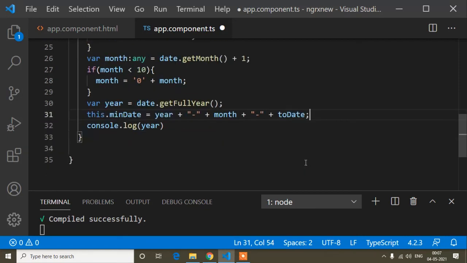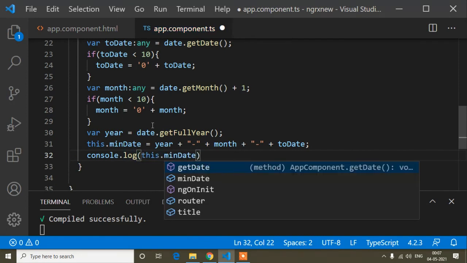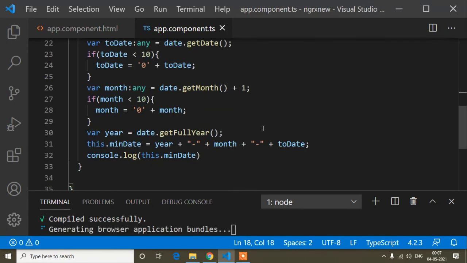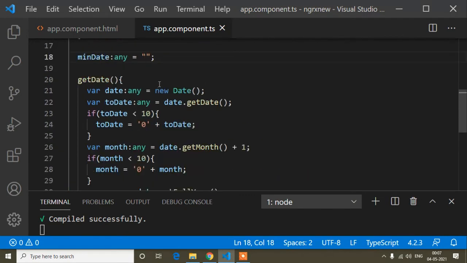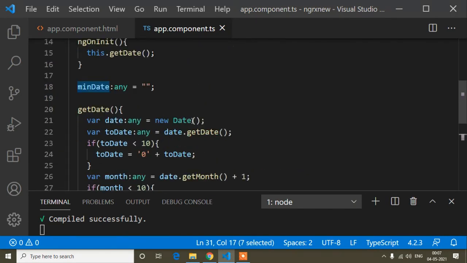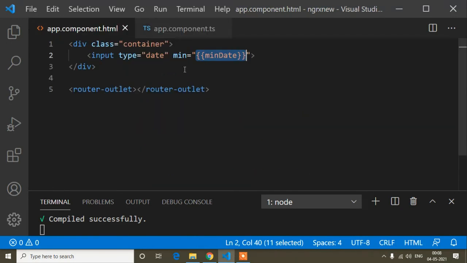Okay, so now if I copy this minDate and write it in console, this dot minDate, and if I remove it from here and save, you can see now I'm getting it in this format. So I'm getting this minDate in the same format whatever I had shown you.